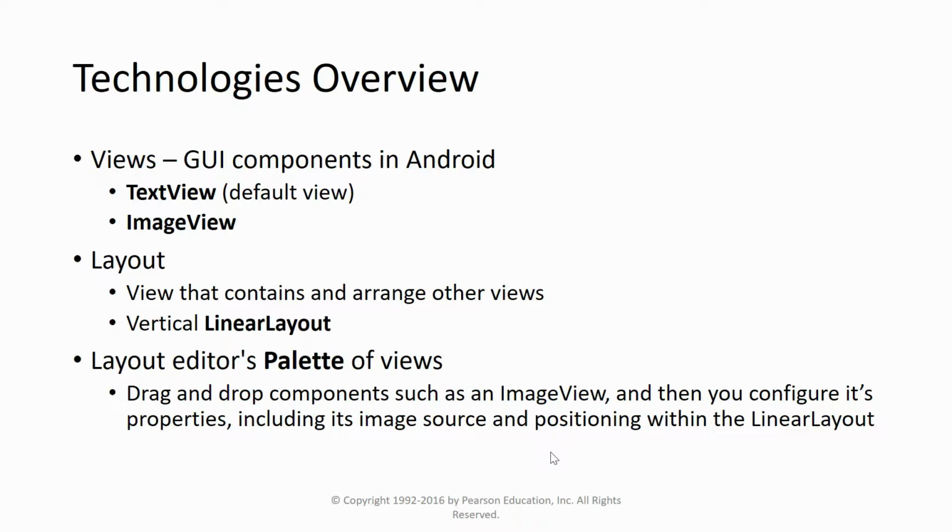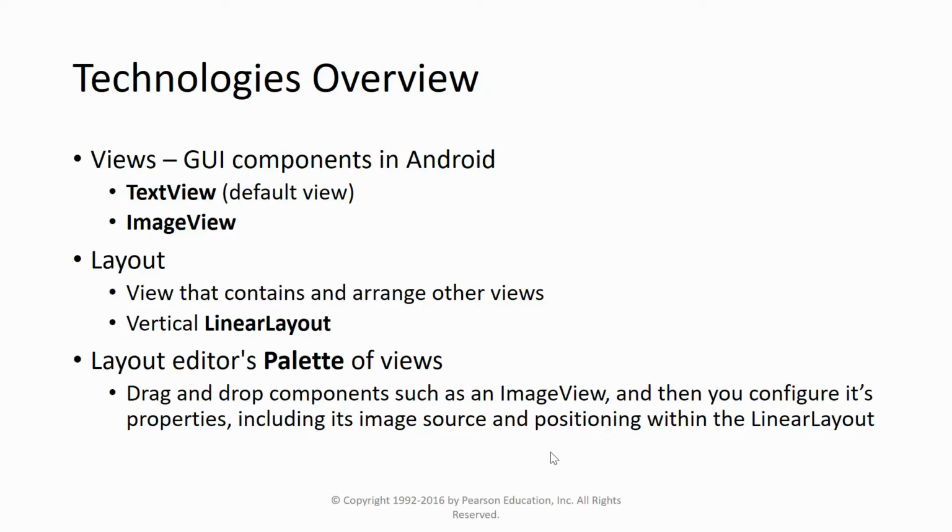So a view is basically a GUI component in Android. For example, something that the user views, like text or an image, even a website. Any of these things can be a view. A text view is the default view, and an image view is what you'll need in order to have images